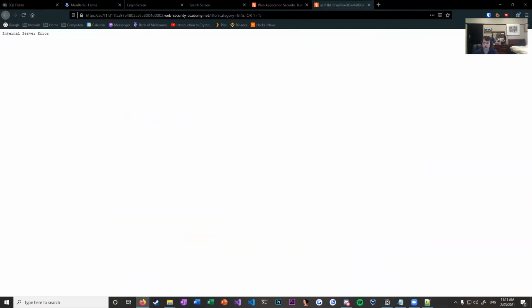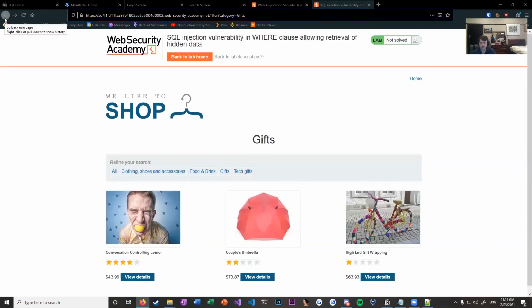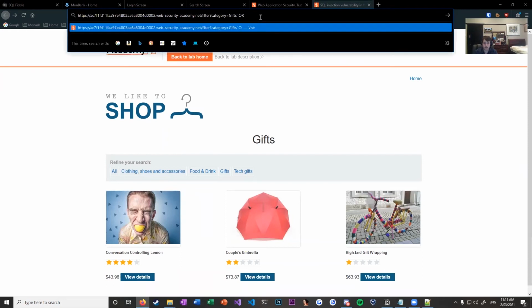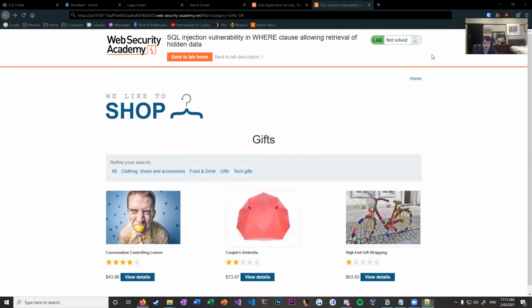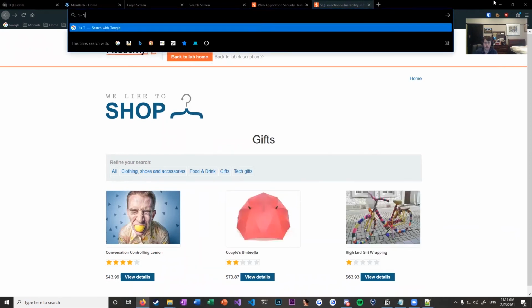oops, we got an internal server error. Not sure what happened there. But actually, as I said earlier, an internal server error when you try to do something weird like this is often a good chance that something's crashed in the back end. And even though it's a malformed request, it's a good indicator that there is input that's not being sanitized. So if we say category equals gifts, or 1 equals 1,